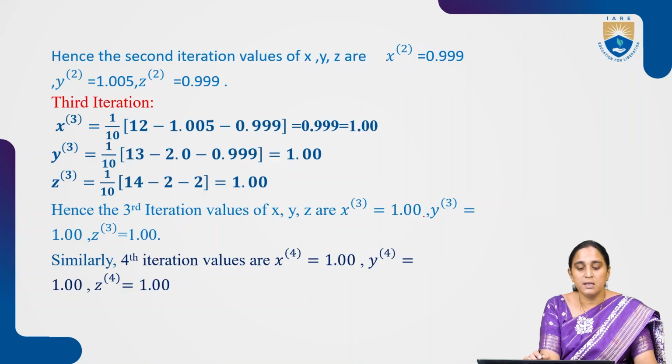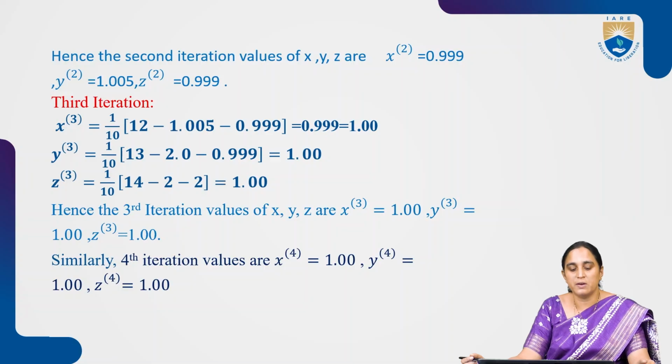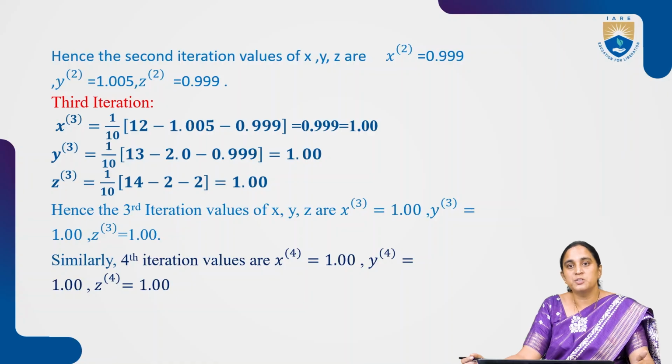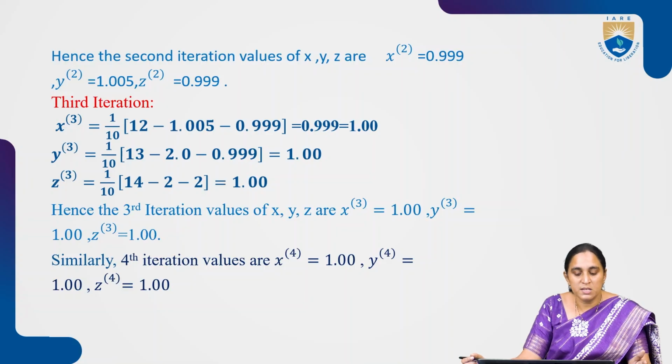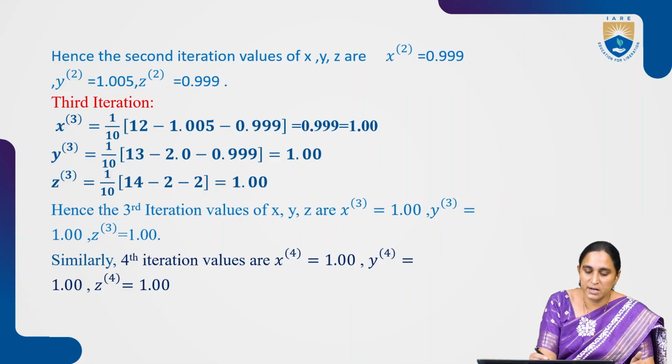Similarly, continue that procedure. Observe, compared to the last iteration values, we get x power 3 exactly 1, y power 3 exactly 1 and z power 3 exactly 1. Now observe the fourth iteration also. If the fourth iteration is also the same, then we have to stop the procedure. Similarly, for the fourth iteration values, again using the same third iteration values, we get x power 4 as 1. How are we getting that x power 4? x power 4 is equal to